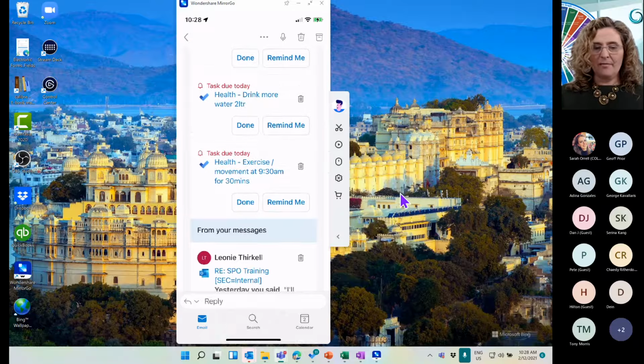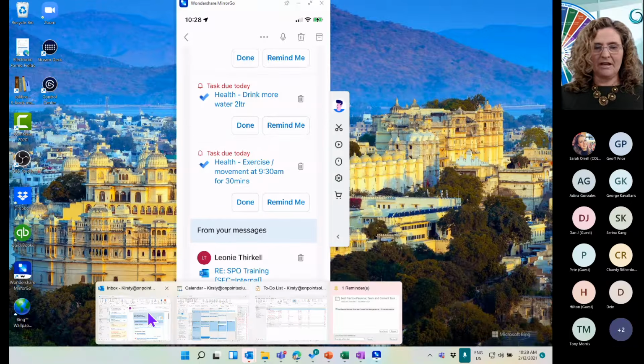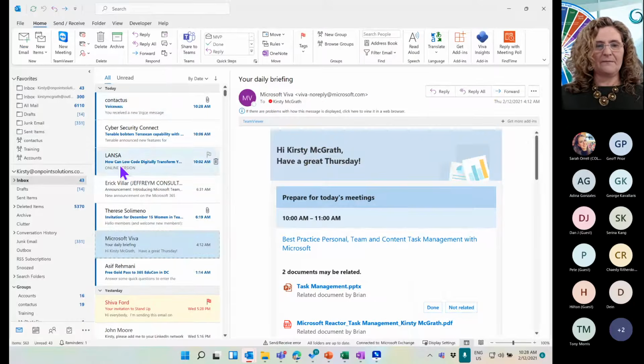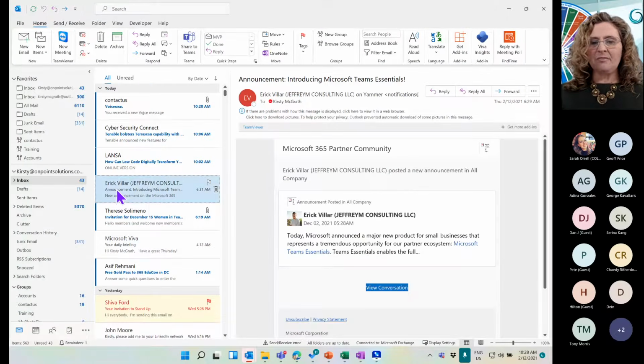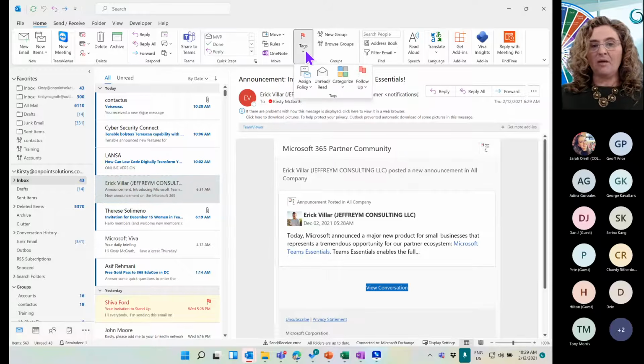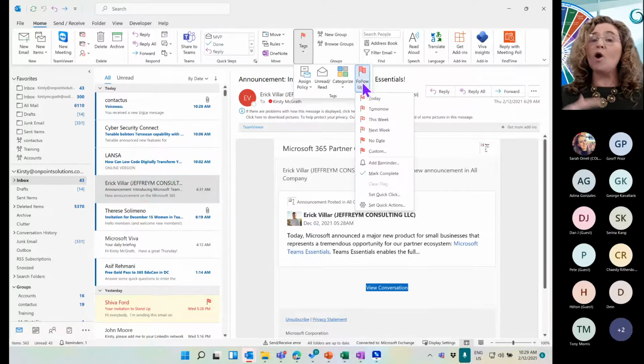So whether I'm using my mobile phone or I'm using my desktop, let's come over to Outlook here. Now on this, so say for example, I want to go and follow up and have a look into the new Microsoft Teams Essential solution that's actually been bought out by Microsoft. Now I can just click on the little flag. All that's doing is flagging it. So it will put it on my list in To Do. But if I do a right click or I come up to the top here, I can do a little bit of a follow-up or open up the email to do a follow-up as well.